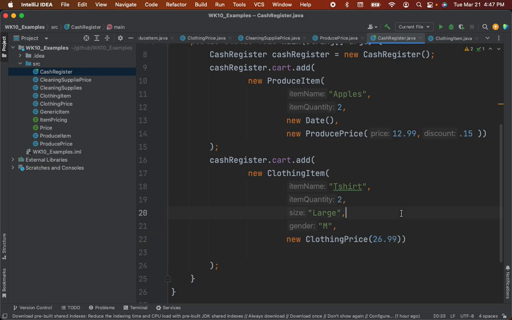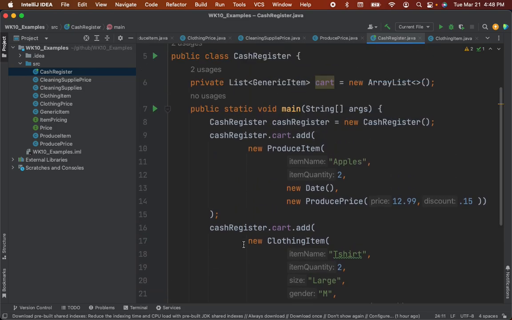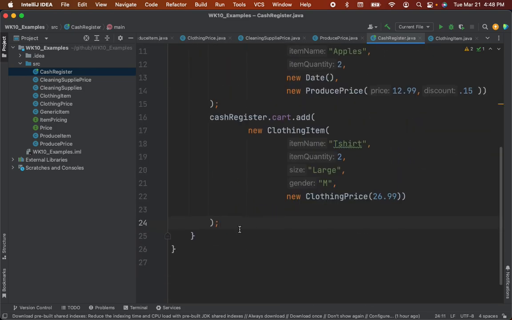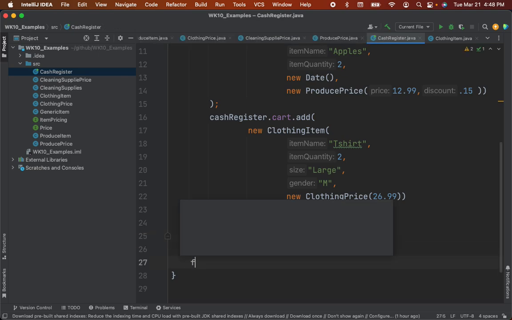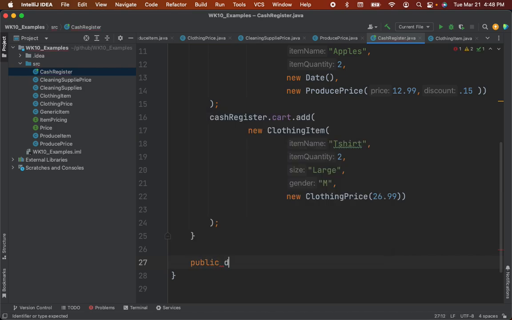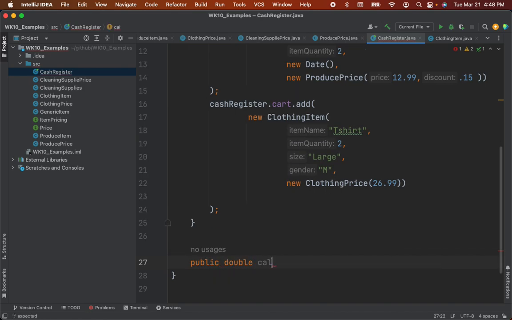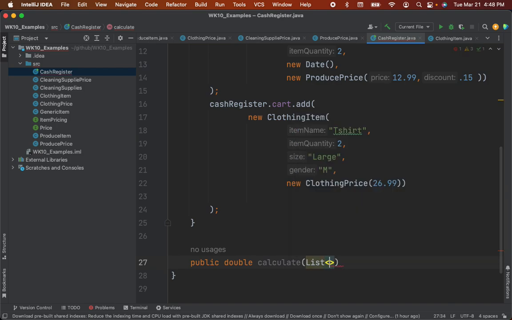26.99. All right. So now we got the items. So we need to calculate the cost of those items, right? So I'm going to come down here and on my cash register, I'm just going to create a new public double calculate, and this is going to take a list of generic items